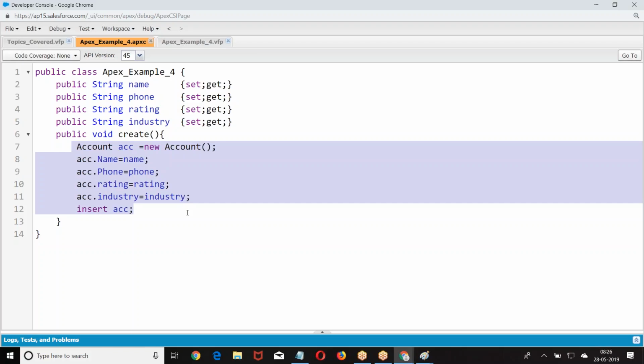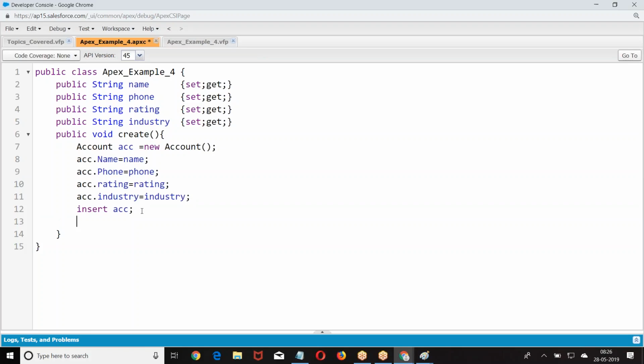Right now, how am I checking? I am going to the table and seeing whether the record was created or not. I am going to the record and seeing whether it was saved successfully or not. But what I want is a success message on the page. If the record was successfully created, create a success message. Now, first quickly, I'll show the example. Then I'll go for the critical points.